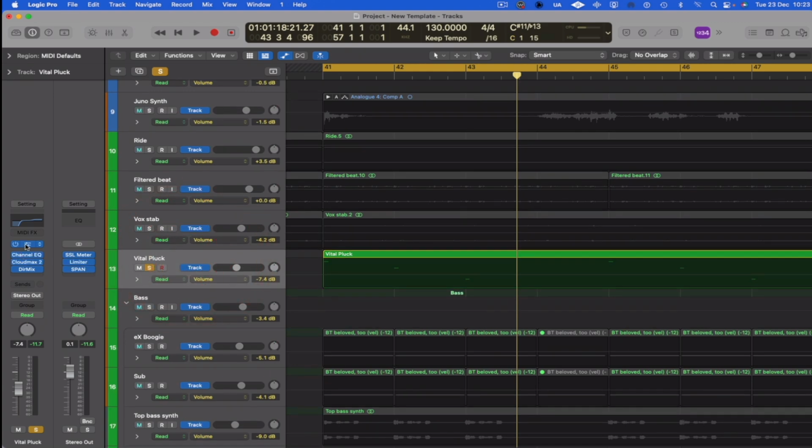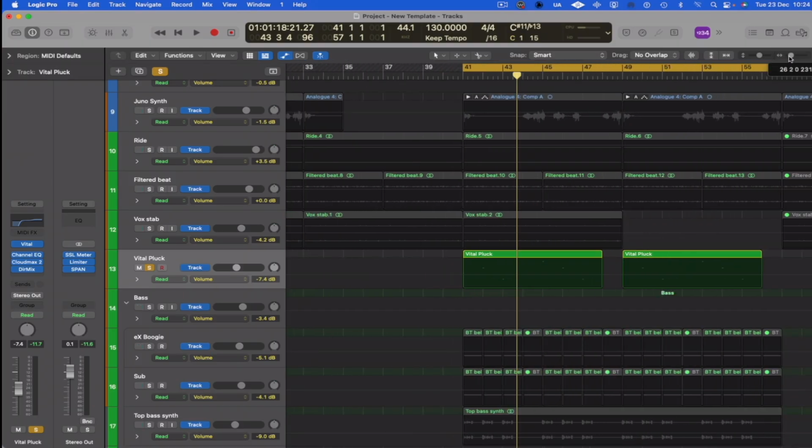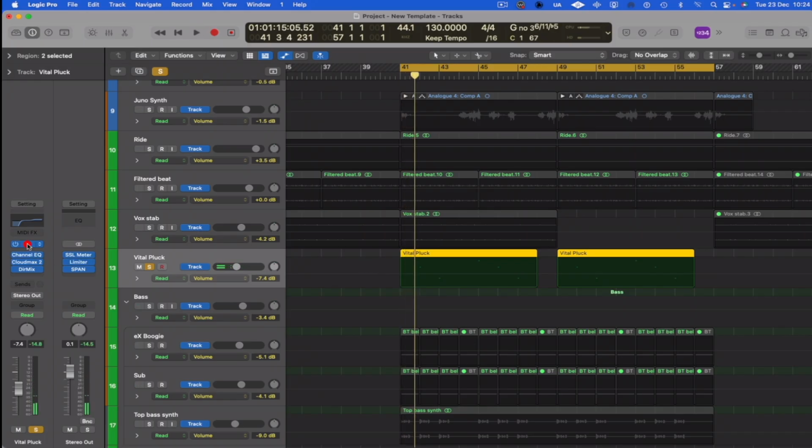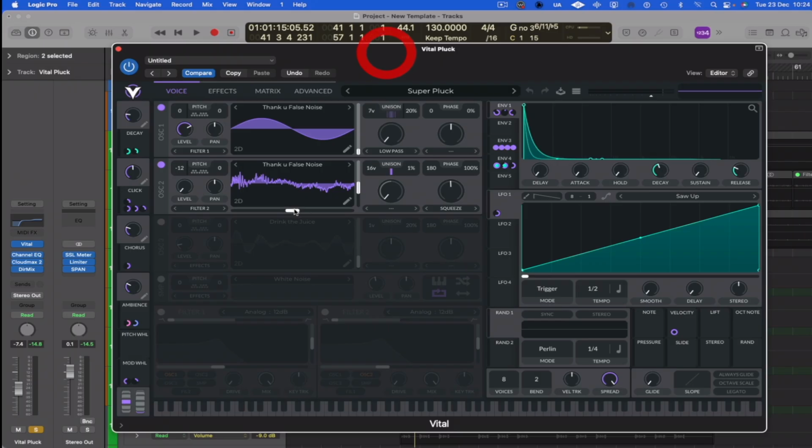Okay, so Vital, let's have a look, see what we can do. I've got quite a big section put on here. All right, let's see what we can play about with. I've got it soloed. So what I might look at doing is automating some of the wavetable itself. Which sounds pretty cool. And we've also got, on this oscillator, some phase options which we'll automate